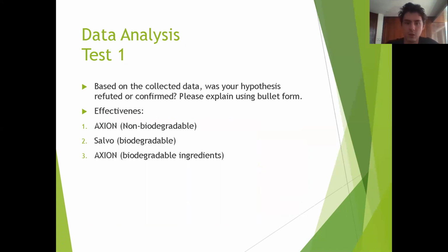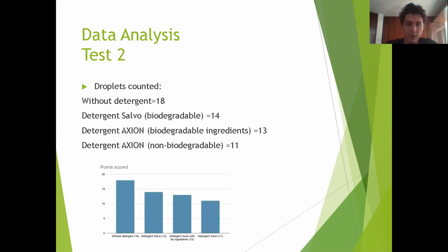Data analysis for test one. Based on the collected data, was our hypothesis confirmed or not? The effectiveness, here we have each one of them. The most effective was the non-biodegradable, then the biodegradable, then the one that is not biodegradable but has biodegradable ingredients. For test two, here's the graph explaining the amount of droplets it took